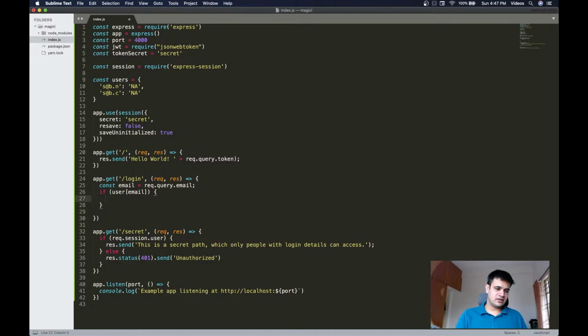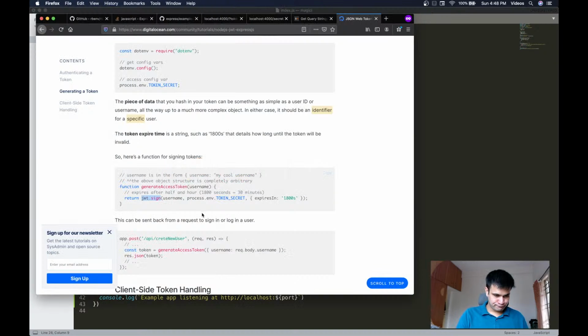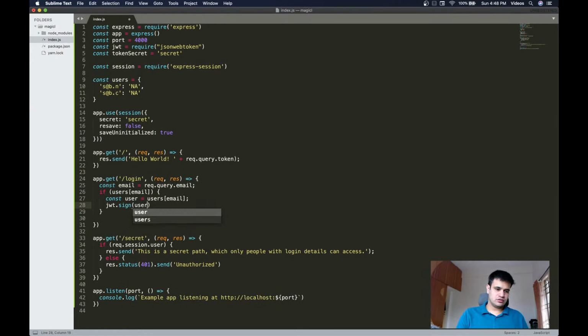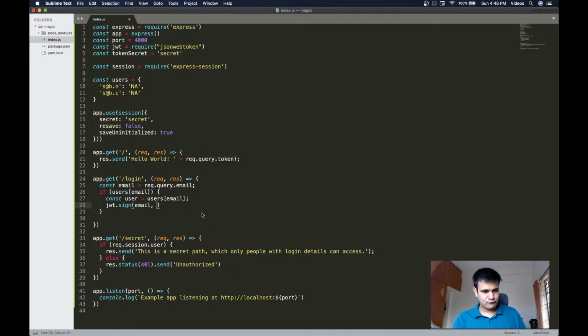But if user email exists, so I'll be like const user, email, and what I'm going to do is jwt.sign with the user, sign with the email, sorry,